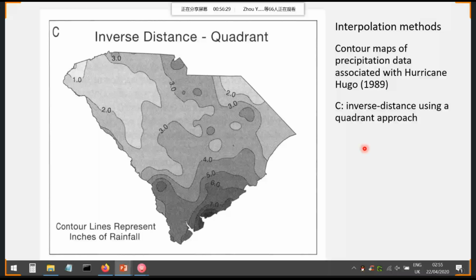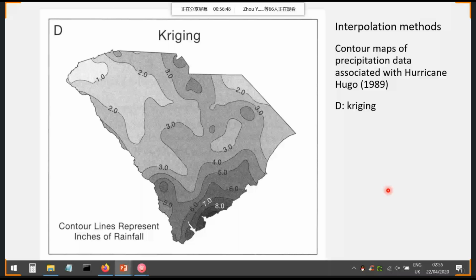So not all data is used, only relevant control points near to the grid points. And B, this is now Kriging as the last method. And I go back here